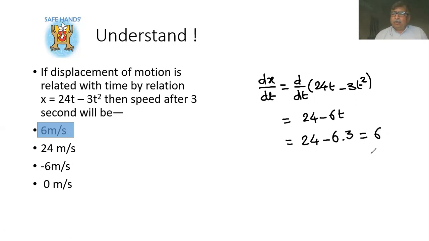So the speed is always going to be 6. Now the question comes, should it be minus or should it be plus? It is obvious that the acceleration will be negative, so the velocity will be in opposite direction of the displacement. It will keep on reducing. But it has nothing to do with this because I am not asking velocity, I am asking speed over there. So it will always be plus.